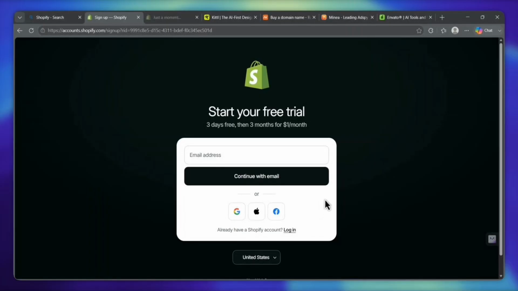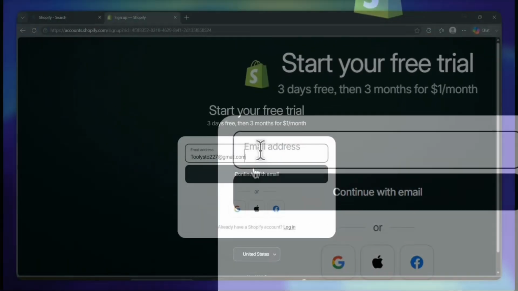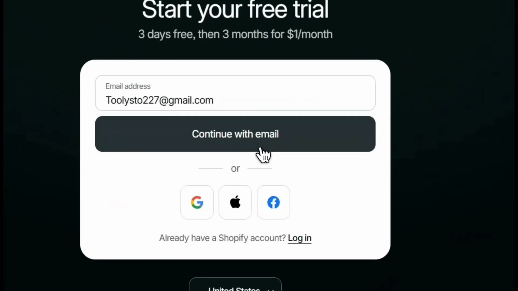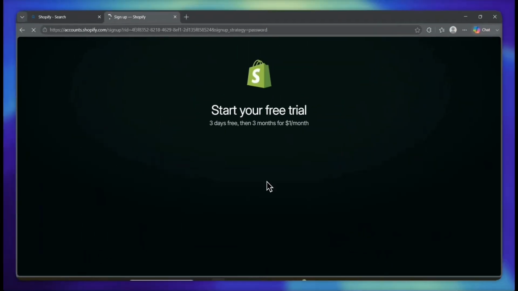Nothing complicated yet, no scary e-commerce decisions, no shipping zones, no tax settings, no existential crisis over whether your store name sounds premium or like a protein bar. Right now, we're just getting through the front door. For this walkthrough, I'm going to keep it simple and go with the email option. So I'll type in my email address, click Continue with Email,